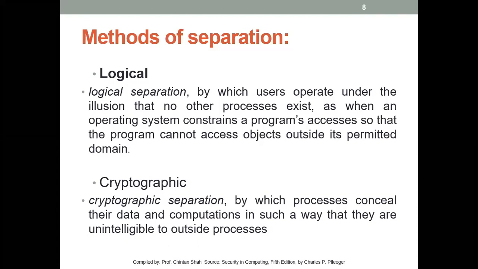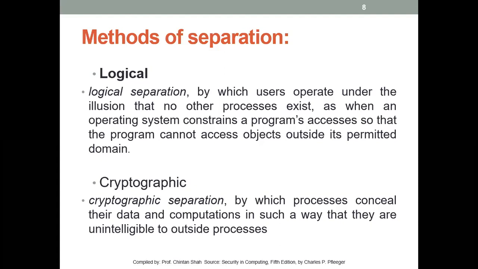Because as we know, we want to have confidentiality, right? We do not want any user accessing the data of any other users. So what we do is, yes, very good. Yes, Ajay, you're correct. It cannot be understood by other processes. So we want a separation where other unintended users should not access the data. As rightly said by Sajjad, we do not want the other process to be able to understand what is being communicated. That is called cryptographic separation.